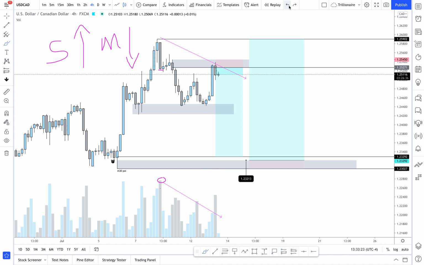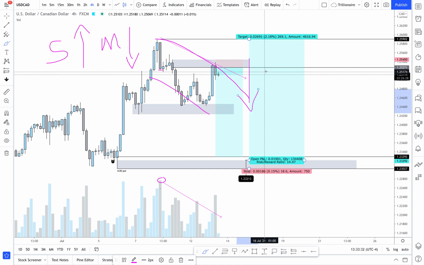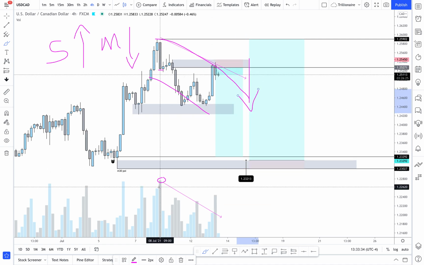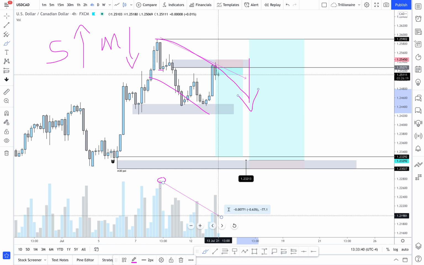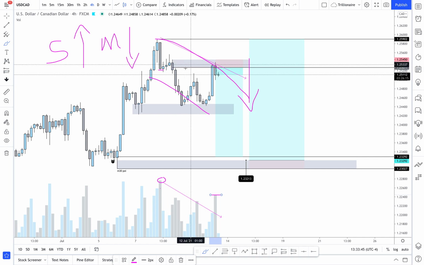All right, but that is how I know that this move right here is false, right? Because the market is pushing to the downside, which should be telling us that the sellers are in control, but the volume is showing us that no, the sellers are getting weaker and weaker. Now we did have a nice bearish push once we entered this sell right here,